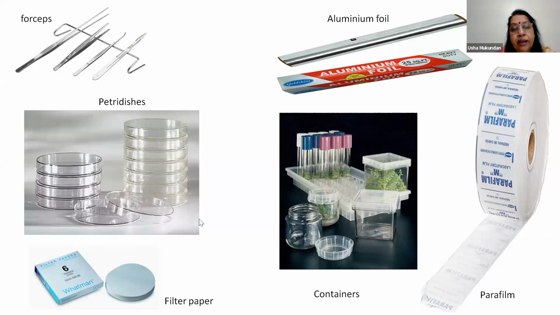Now, care should be taken that if you're doing wet sterilization, the entire exercise will become futile. So it's a good idea to wrap them up either in a newspaper or in an aluminium foil, or put it in a stainless steel box and then put it in the autoclave.